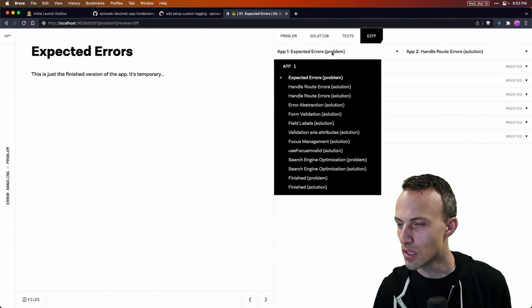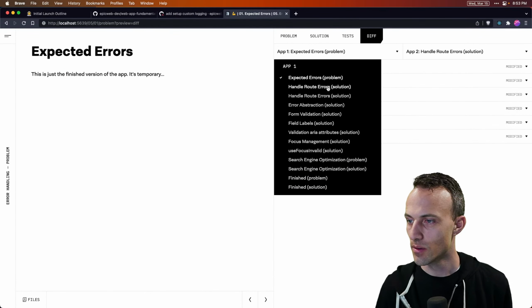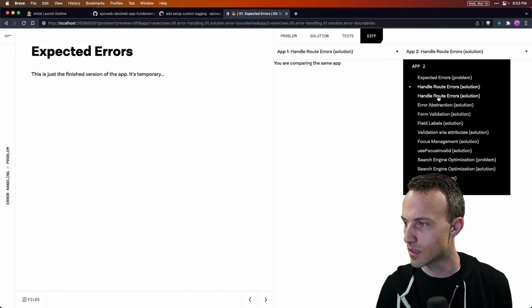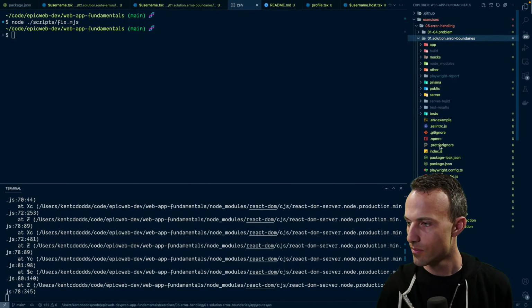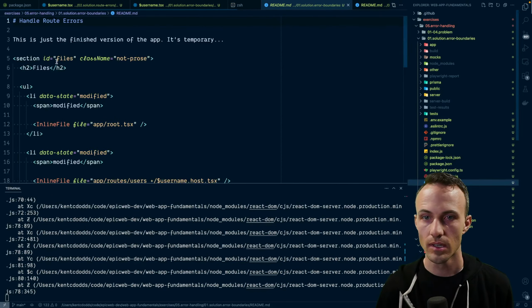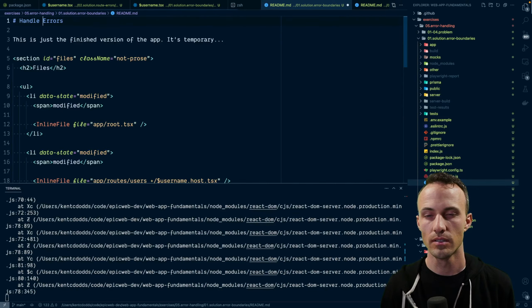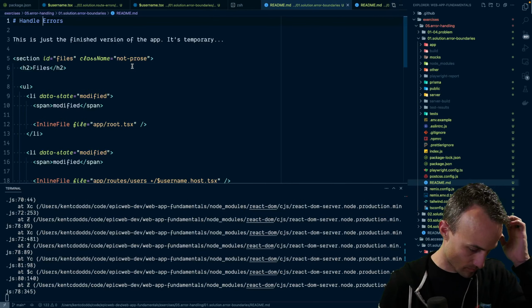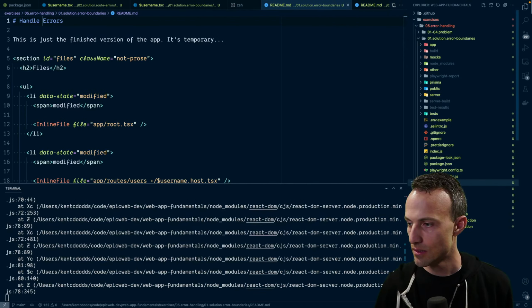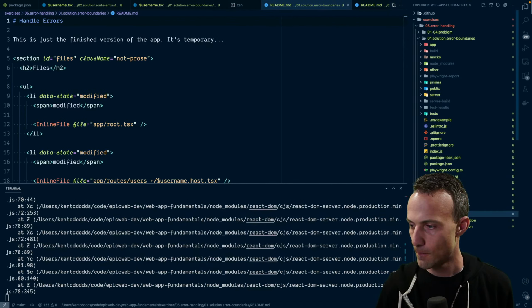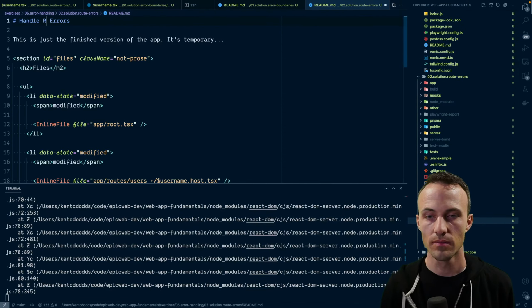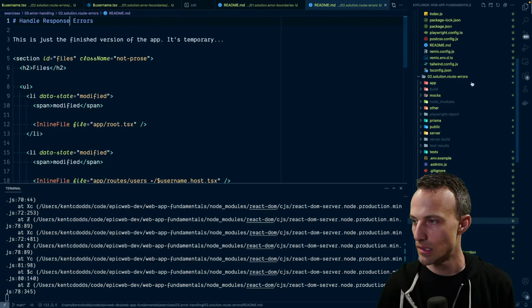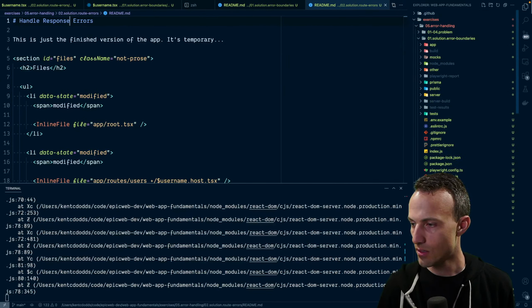Look at our diff between handle route errors and, oh, here we gotta fix that. Handle errors. I think this should be called handle response errors. And this can be handle route errors.